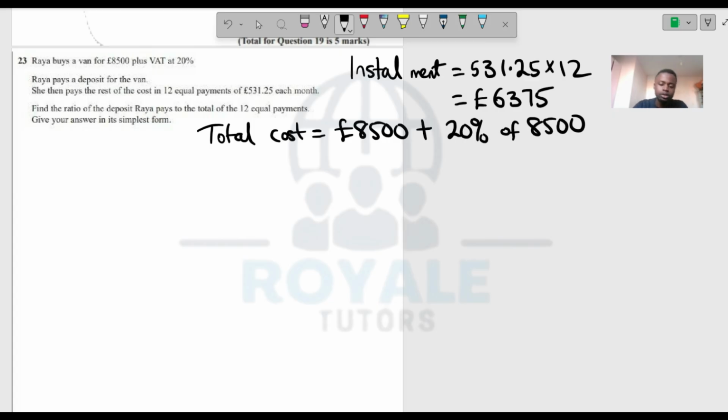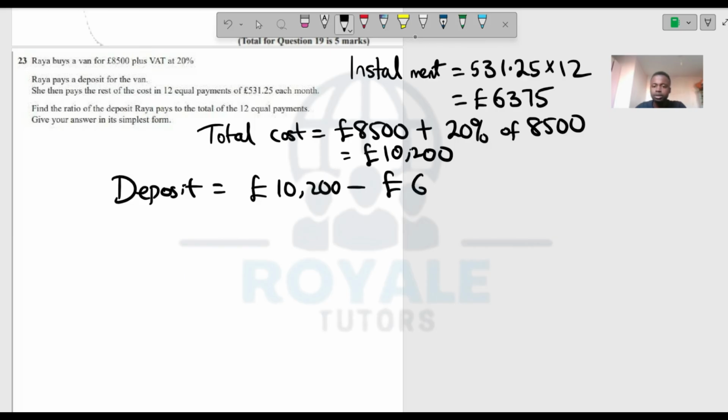So if we do this, we have 20% of 8,500. That's 1,700. Then you add it to 8,500. That is £10,200. This means that the deposit that was made will be the total cost